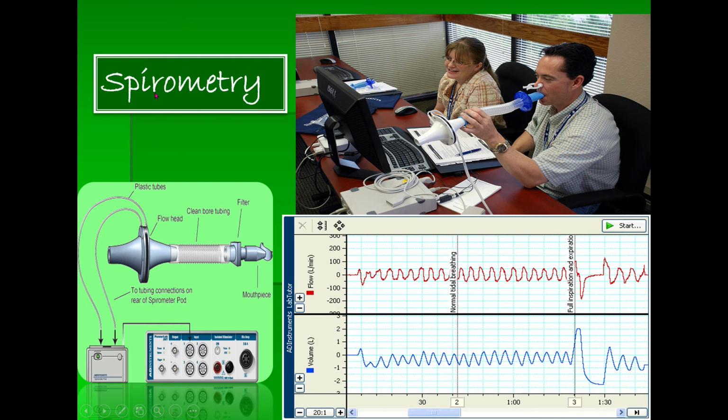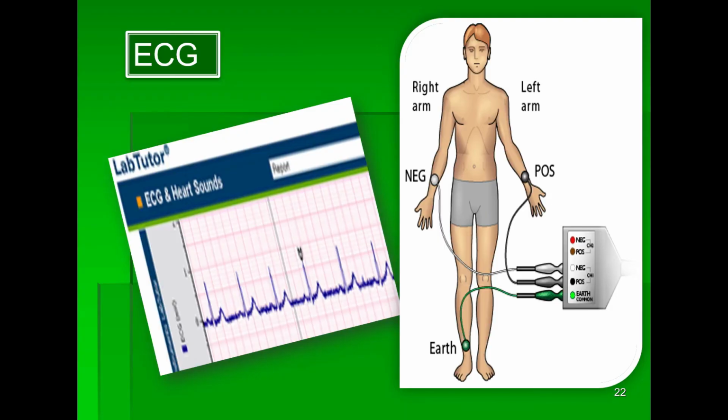Okay, so this is the recording of spirometry, and this is done with the help of LabTutor software, and this is the hardware. This picture shows that this person is breathing through this bore tubing, and there are some sensors attached to it, and this is attached to the PowerLab, and the PowerLab is attached to the computer system, and this type of recording will appear. From this recording you can understand how much lung volumes and capacities you possess, how your lung functions are, and what the normal breathing rate is.